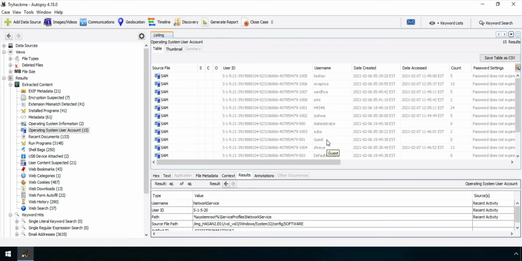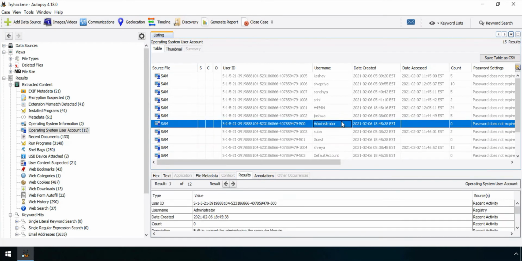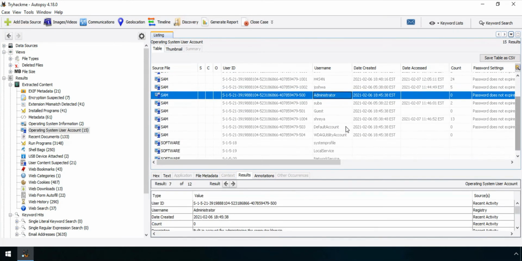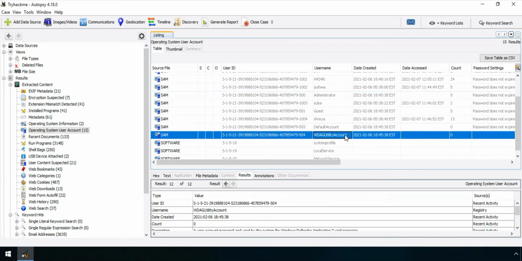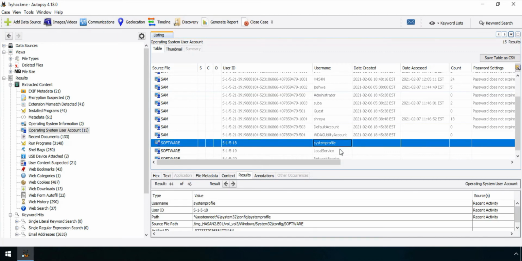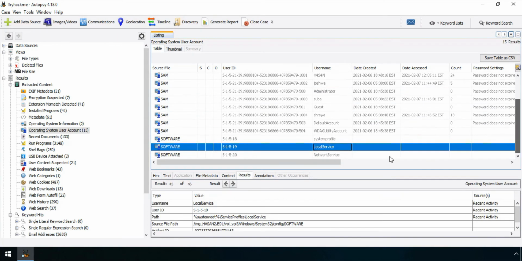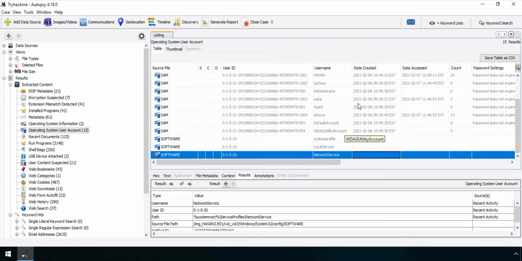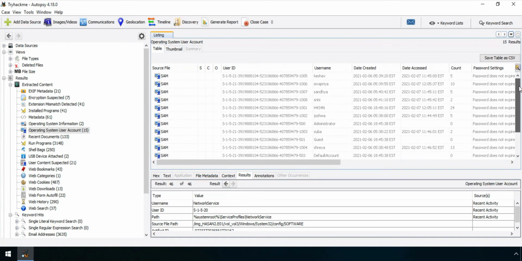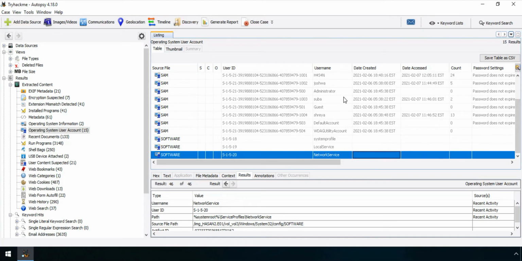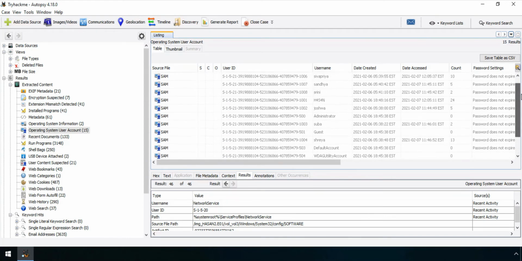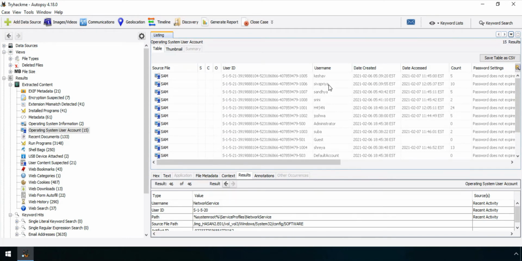So you will be excluding the guest account, the administrator account, the default account, this WDAG utility account, the system profile, local service, and network service. You will be excluding these accounts because these are made by software, or you can say the OS has them by default. And for the other accounts, you can see there is Keshav, Sivapriya, Sandhya, Srini, H4S4N, Joshua, Subha, Shreya, so many accounts.